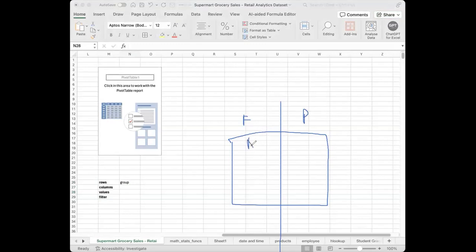So let's say you have apple, banana, apple, orange, banana. And let's say you have their prices: 20, 10, 30, 40,